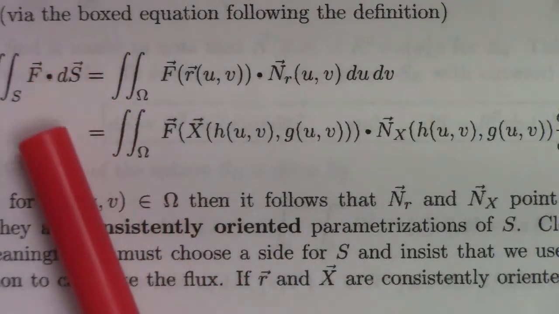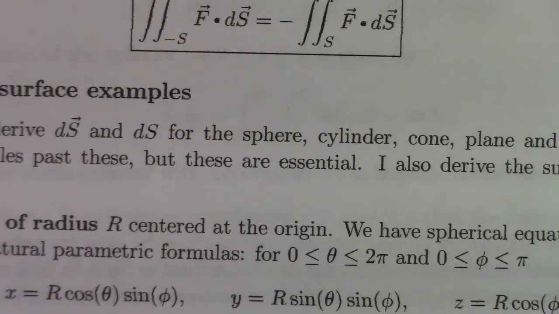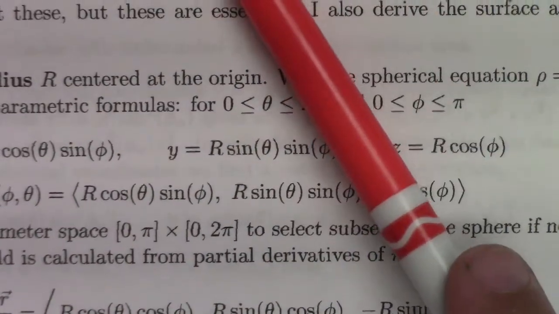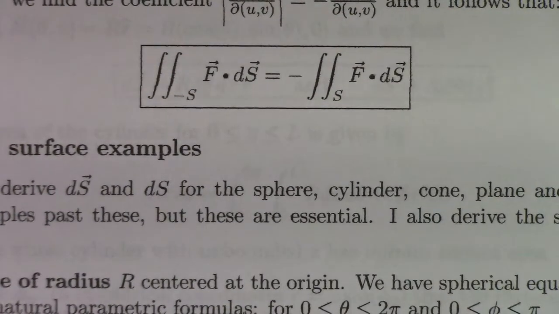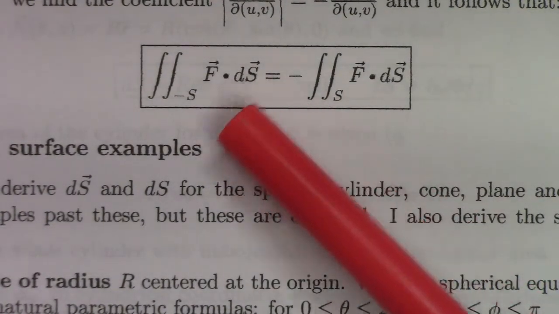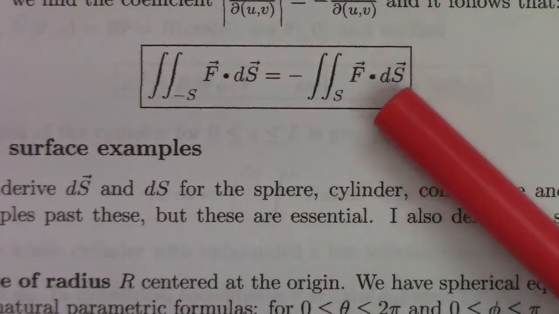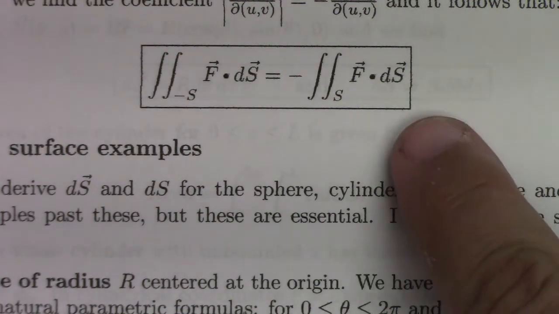And so from this calculus right here, we can see for the surface integral that if you change the orientation, if you turn the normal upside down, then the integral over the surface with the normal turned upside down is equal to minus the integral with the normal turned right side up. And again, this follows from this larger discussion of how you reparameterize the integral, or just common sense. It's geometrically evident because